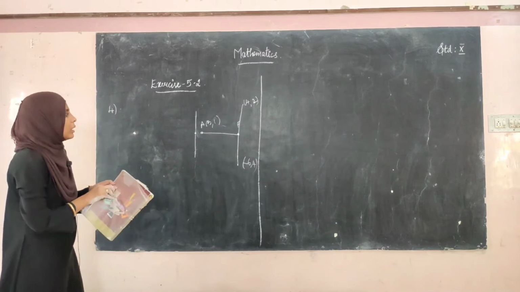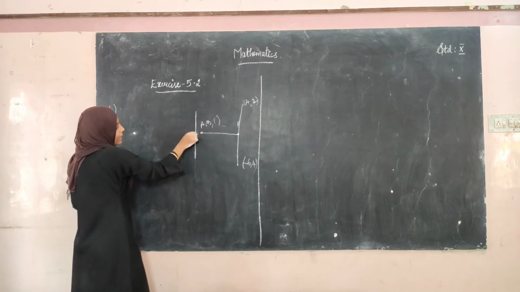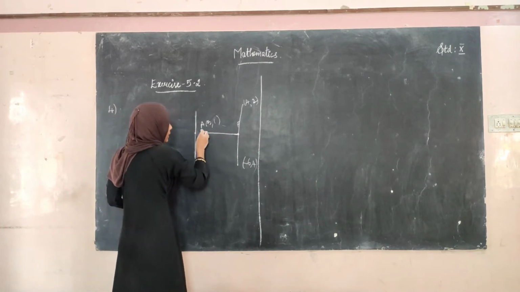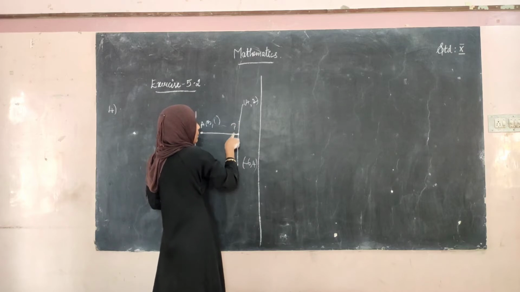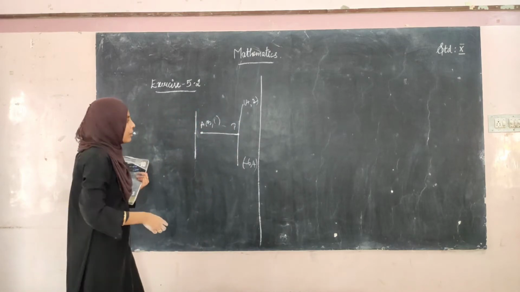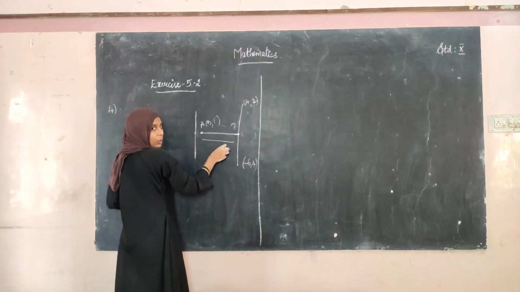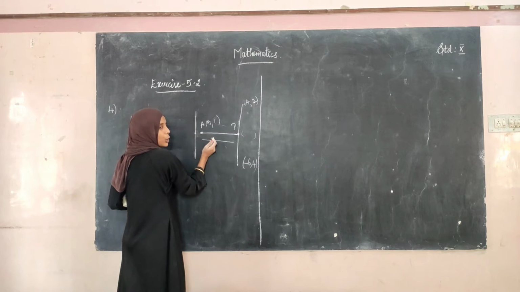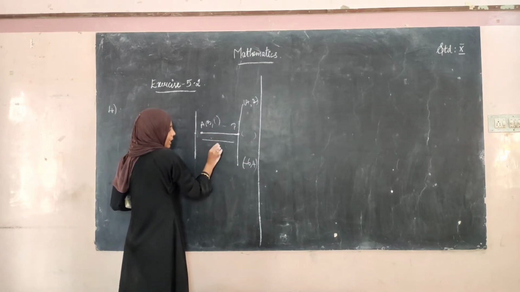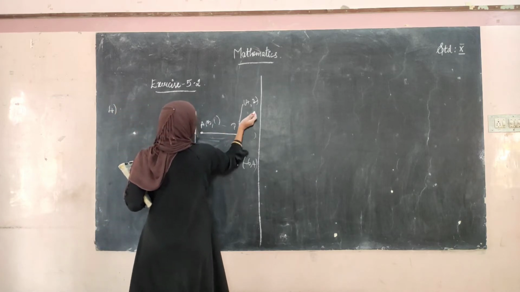So the question is we have to find the slope of this perpendicular line. But this line is perpendicular to a line whose points are A and P. They have given the point A as 5, 1. P is the midpoint of these two points. So first we have to find the midpoint. After finding this point, we have to find the slope of this line. We know that if these two lines are perpendicular, m1 into m2 equal to -1. Using that condition, after finding the slope of this line, take it as m1, and then m1 times m2 is equal to -1. Use that condition and find m2. So this is how we have to find the sum here.